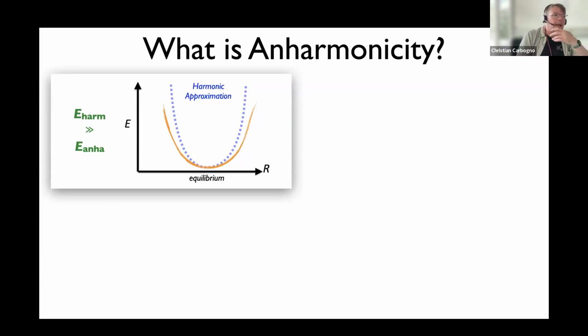So as I've told you before, everything that is not captured by the harmonic approximation we typically call anharmonic effects. But what does this really mean? If we look at actual potential energy surfaces, one would say, yeah, this looks quite good. Here the harmonic approximation should hold very well. If the orange is a real potential energy surface and the blue one is a harmonic one, they're very close.